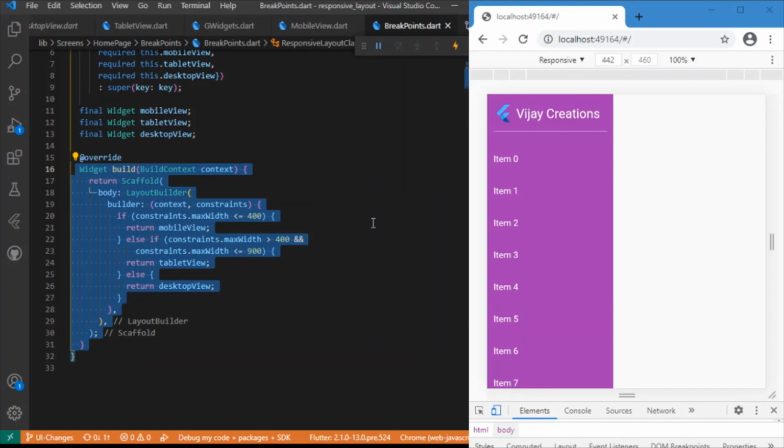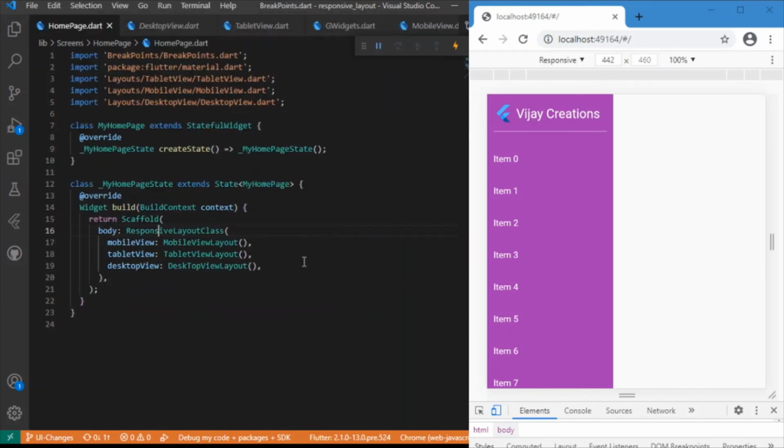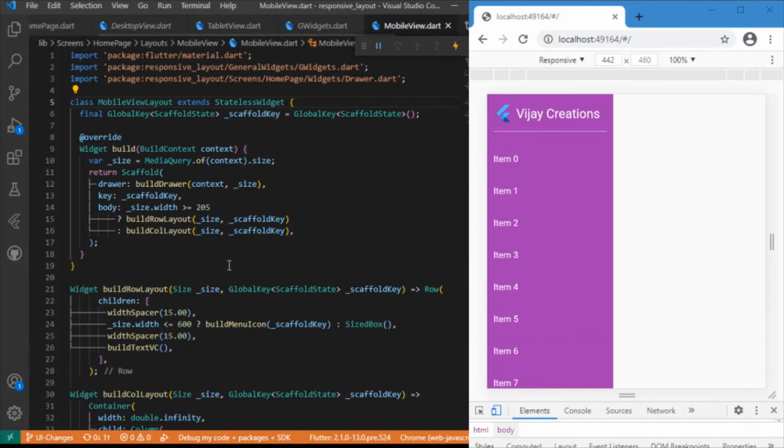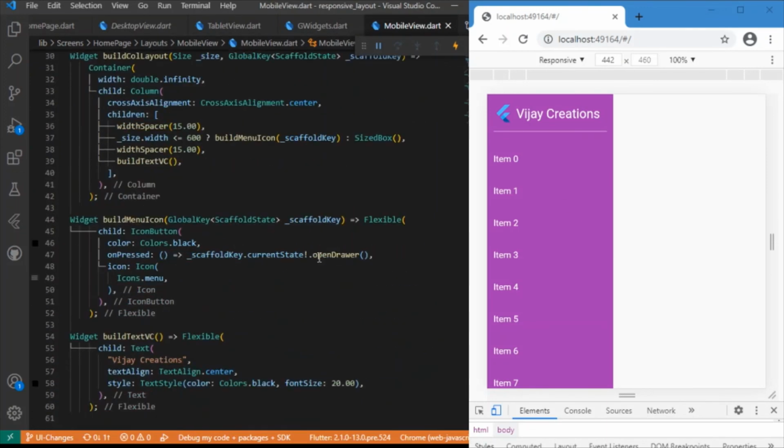You can refer to the standard breakpoints for mobile, desktop, and tablet view, and based on that render the different widgets. These are all widget classes, and it's up to you to align them either in row or column-wise to make the UI look better.